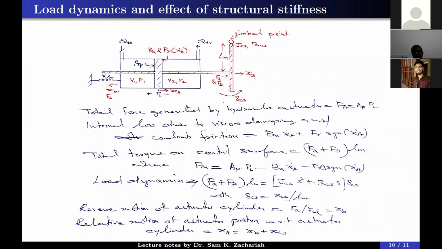friction force. Sir, what is FD? Sir, FD, Yeah. what is FD? The torque equation. What is